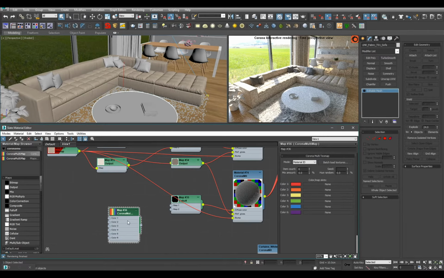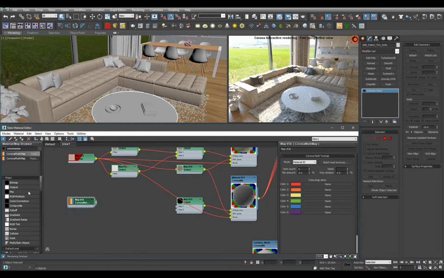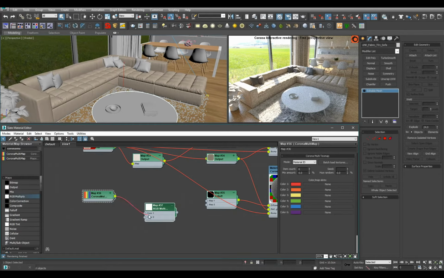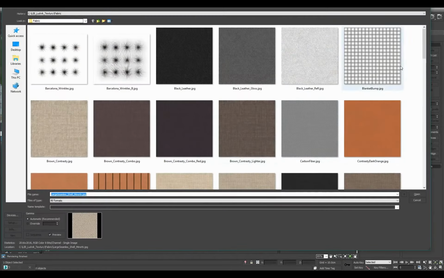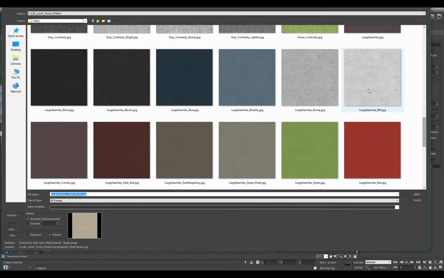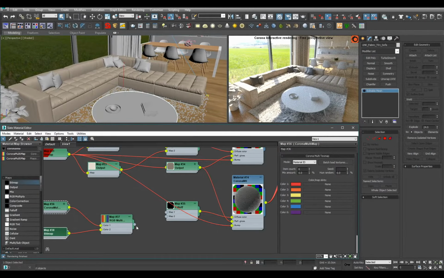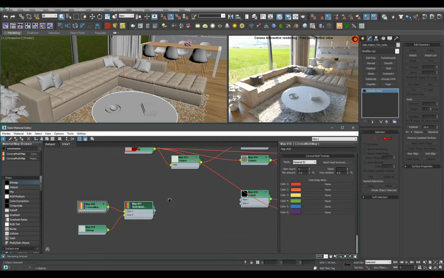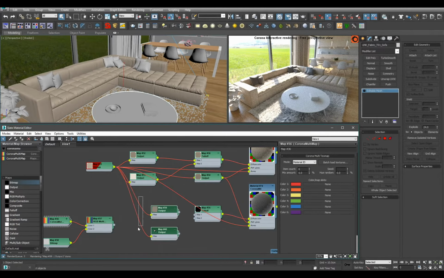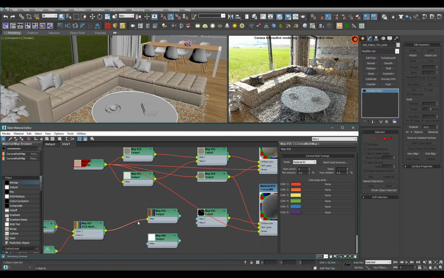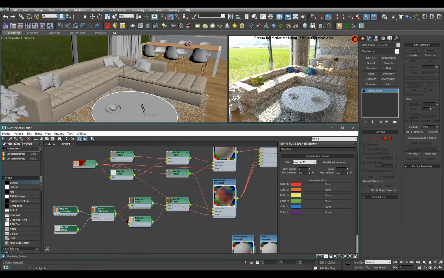Okay, that's good. Let's get RGB multiply. Let's get a bitmap. Let's get white version of the fabric. Get it here. Let's steal also these two output maps. This goes here, this goes here. These go inside. And we have nice randomly colored